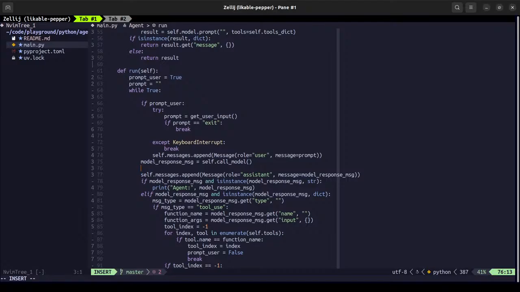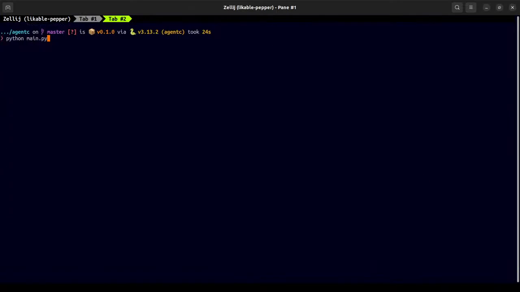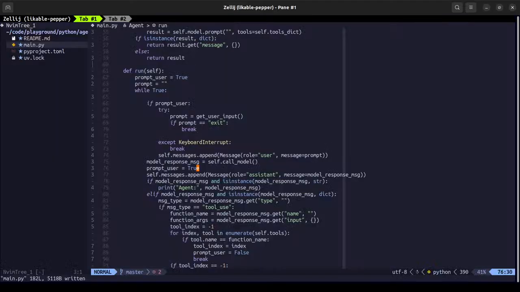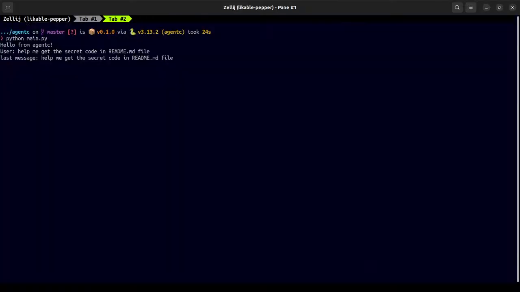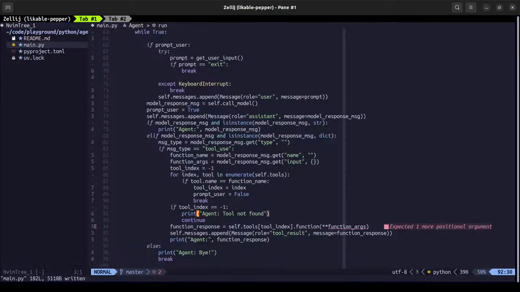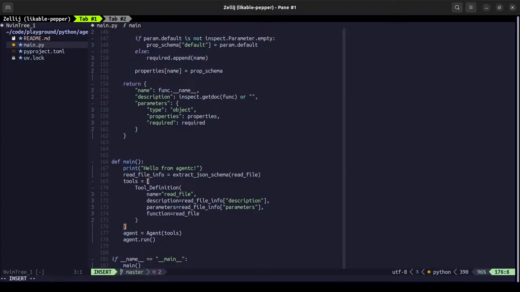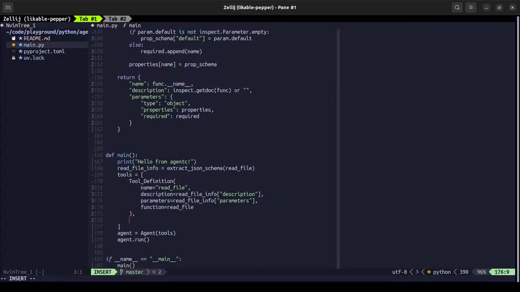Then user will be, because that time the loop goes. This is stop printing based on the